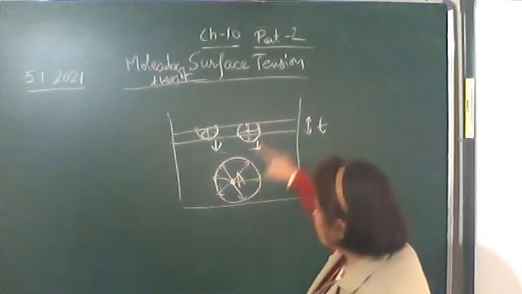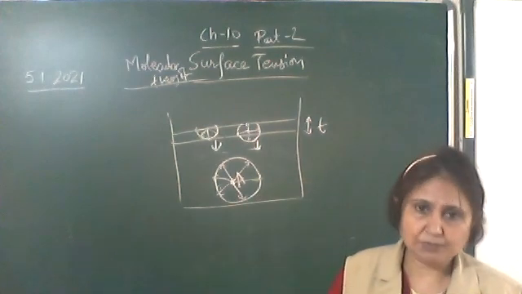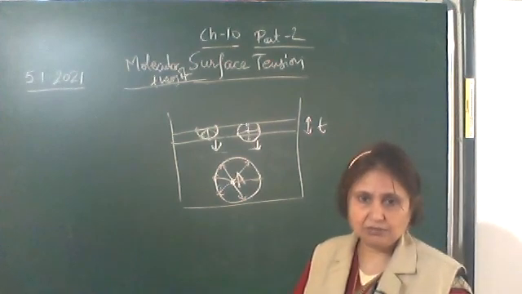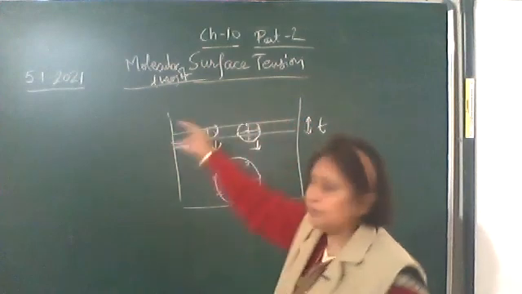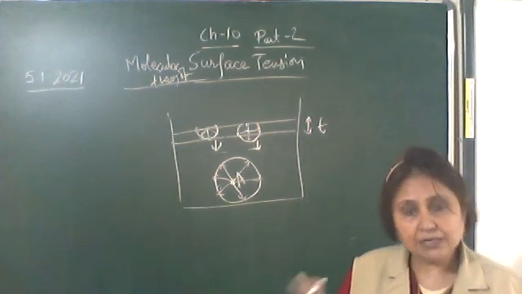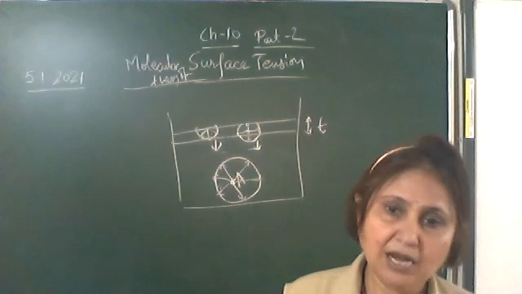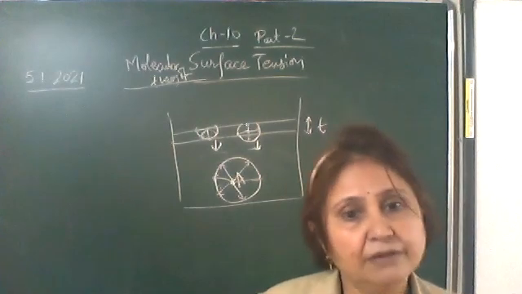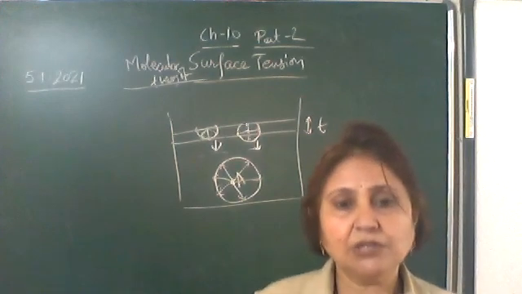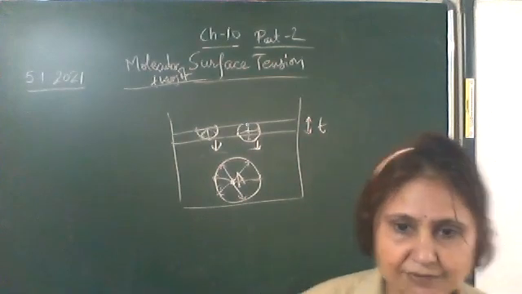Now, if a molecule is taken from well inside the liquid to the surface film, some work has to be done, and this work is stored in the form of potential energy. The more molecules on the surface film, the more the potential energy of the liquid. But a liquid at rest tries to attain minimum potential energy. And when can the potential energy be minimum? When there are a minimum number of molecules on the surface film. Minimum number of molecules means minimum surface area. And this property of the liquid we call surface tension.